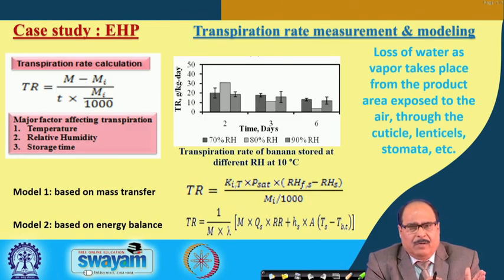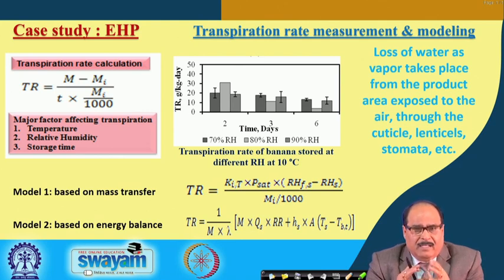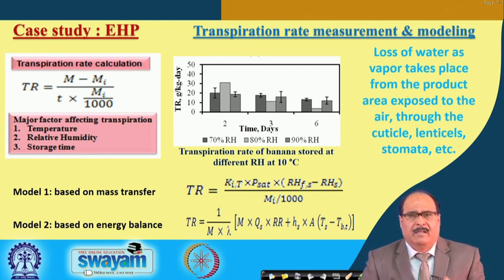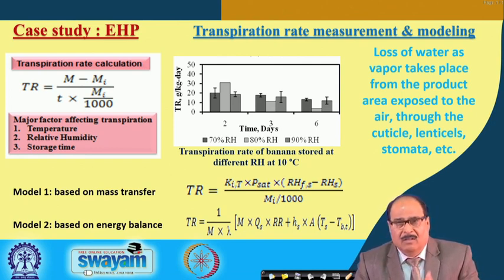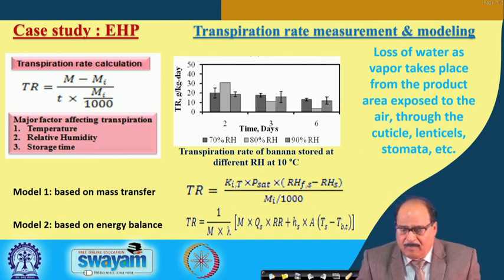So I will take up now one case study and give you an example. This is on the basis of the work done in my laboratory, where we have optimized and simulated active packaging conditions for fruits like banana, guava, etc. So I will give you that, active packaging for banana here. One important aspect, as I told you, is the transpiration rate. That is, we should model properly the rate of the transpiration. So actually the loss, that is transpiration. In transpiration there is a loss of water, right?